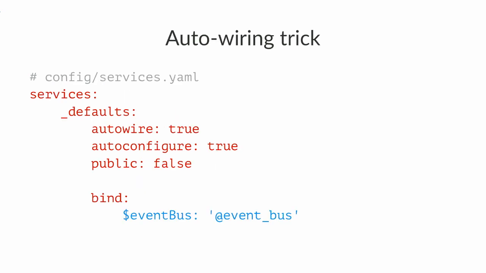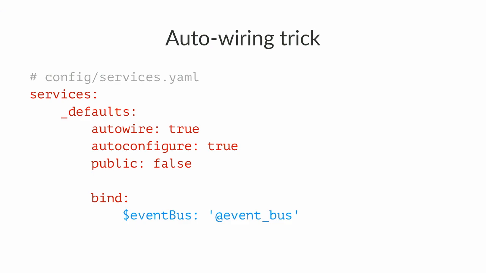So that's the hijacking trick. That is what you have in your config/services.yaml. And I've kept these three lines just to remind everybody that all this autowiring, autoconfiguration, you've explicitly acknowledged and said that you want it. There's no magic in here. That is in every one of your services.yaml files.